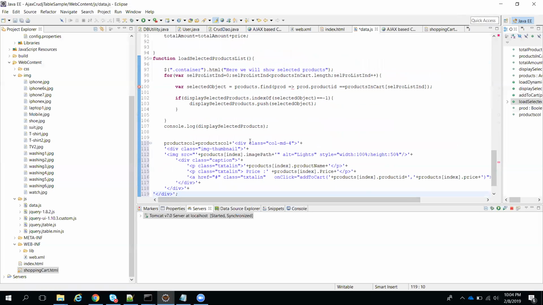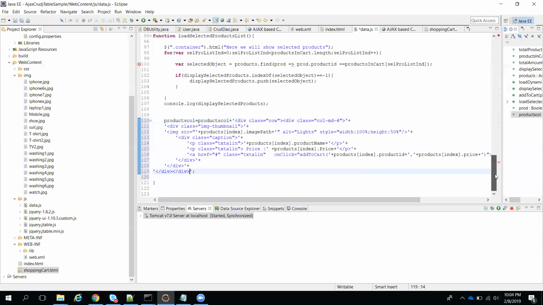See, we have a column here, and at present only div class equal to row, and I need to close that div. At present I'm planning to show only one element, but later we need to show it a different way. Okay, so I'm just going to change this one.